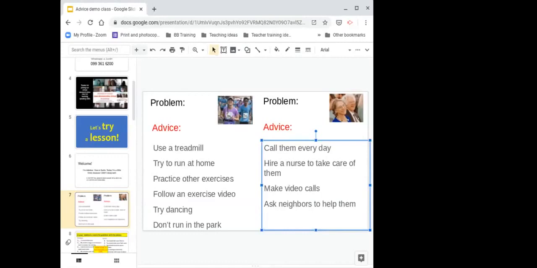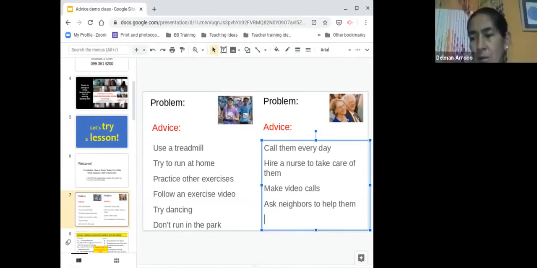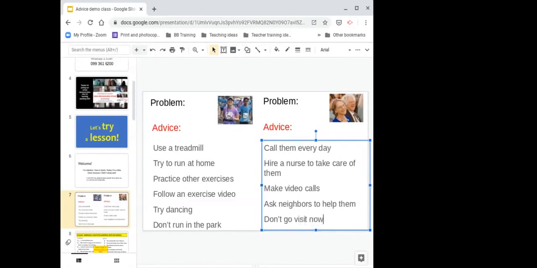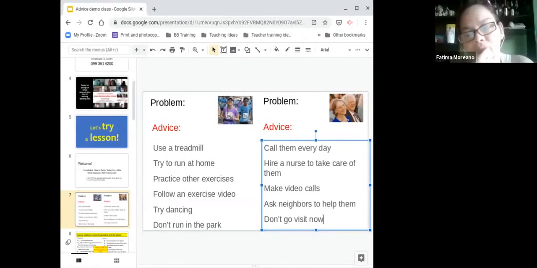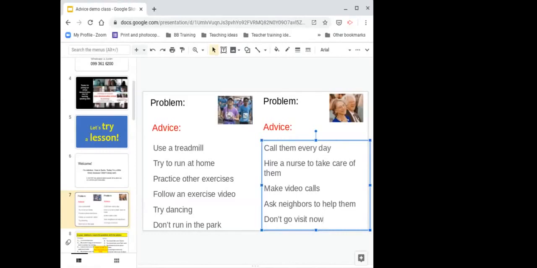I have a question. Should I go to visit my parents? Should I go visit my parents now? No, you shouldn't, because for instance, you can't travel nowadays. Yeah. It's impossible to travel and maybe dangerous for them, right? So it's not a good idea. The police will arrest me. Yeah. No, I can't travel now.